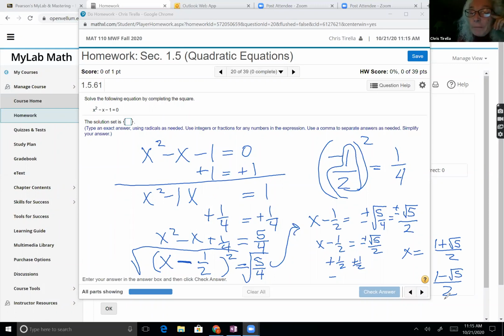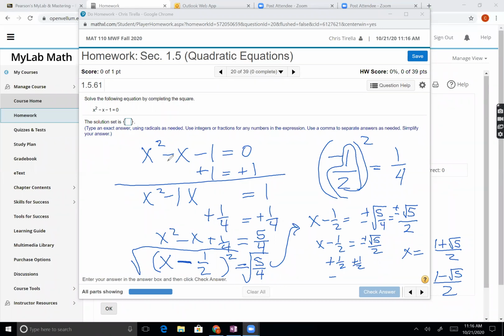Any better? Yeah, that's a little bit better. And am I correct in assuming that what made that one harder than the other completing the square questions was because we have that fraction? And please realize that whenever this middle term has an odd coefficient, we will have a fraction. So I will try my darndest not to put a fraction one on a test or quiz, but I would feel like I did you guys a disservice if I didn't put at least one that involves a fraction in the homework. So, thank you.